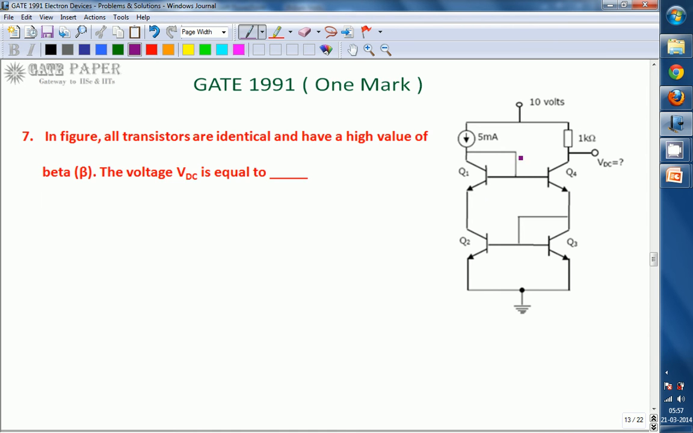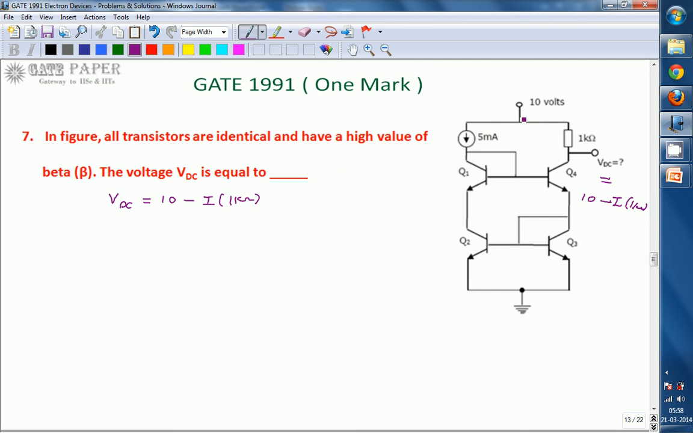Okay, so from this diagram can we draw VDC is equal to 10 volts minus the current flowing through the 1 kilo ohm. So VDC is equal to 10 volts minus the voltage drop across the 1 kilo ohm. So 10 volts is dropping from this point to ground. Out of that, if you remove the voltage drop across the 1 kilo ohm, whatever the rest is, is nothing but VDC. So VDC is 10 volts minus whatever the current flowing through that 1 kilo ohm resistor